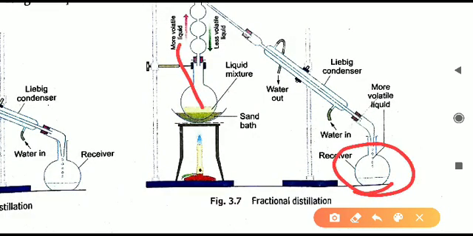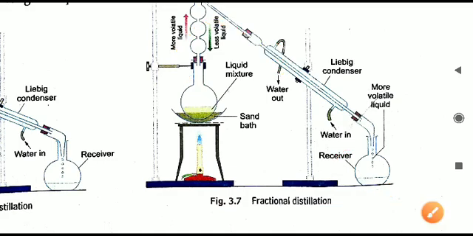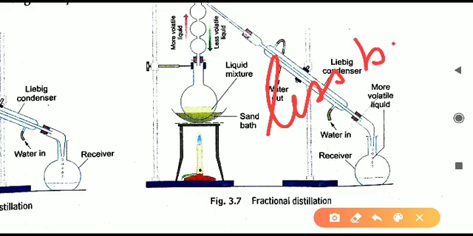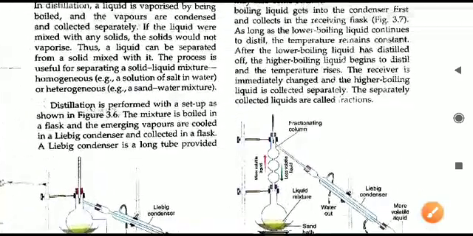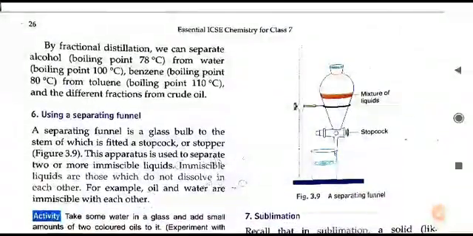जो भी liquid यहाँ से evaporate होके आया है, तो सबसे पहले आएगा, that will condense first of all. After some time, temperature will rise. Second number पे क्या आएगा? तो सबसे पहले आएगा the substance which is having less boiling point, that will come first because of the less temperature. Then secondly, the substance which is having more boiling point, that will come. Now at different times different liquids will come, so we can change the receiver here. We can take different containers, and one by one we can collect different liquids or different substances which are obtained by this process. So this is what is fractional distillation.